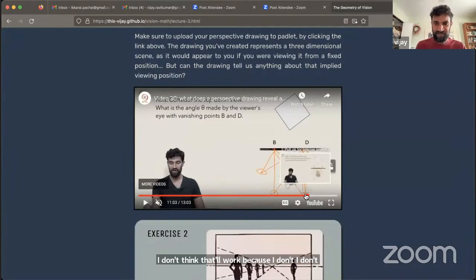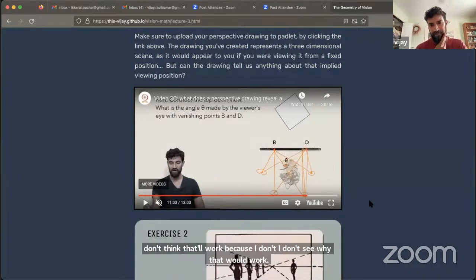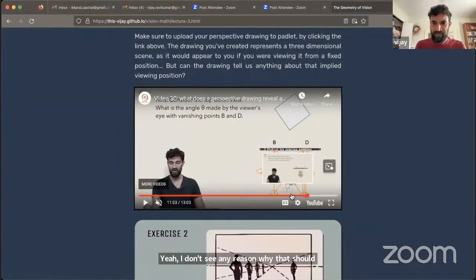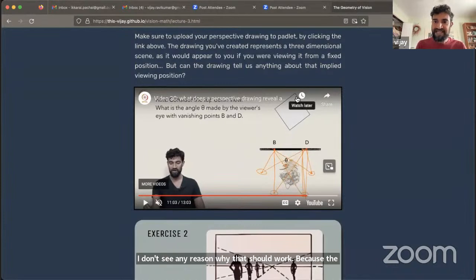Can you explain your reasoning? I don't see any reason why that should work, because that diagonal where it intersects, I mean,